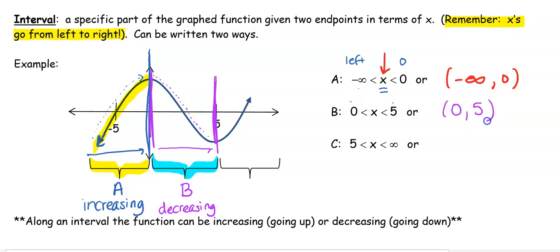I could also write it like this, which again, I don't like this notation because it gets confusing. Am I talking about a point on the graph at 0, 5? No, I'm talking about an interval from 0 to 5. And then our last one, our last interval,